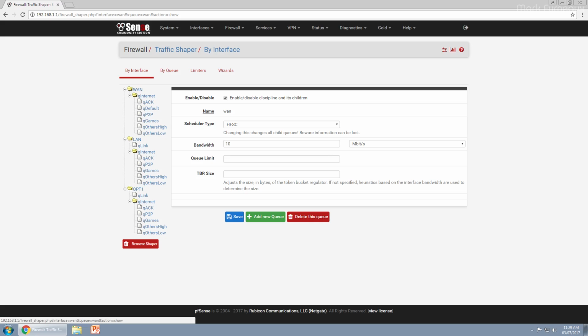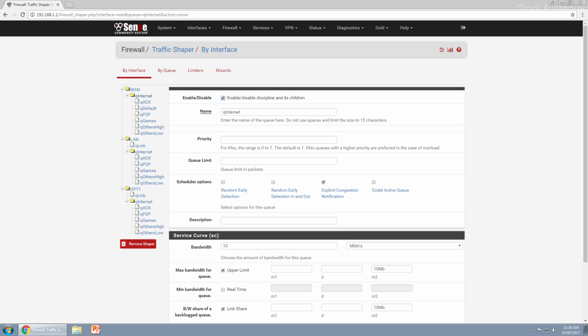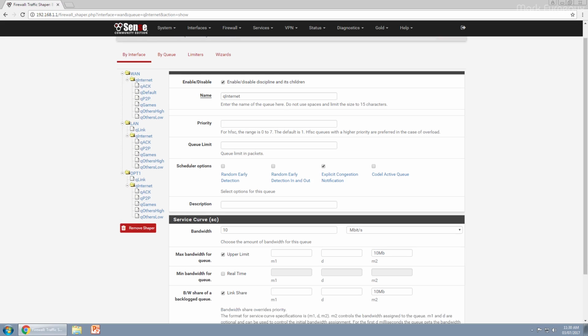Because this is HFSC, of course, we can have nested queues below the root queue. And so we have another queue called queue internet, which is below this, and then we have a bunch of queues which are also nested below that. So we have two levels in this nesting arrangement. Of course, we can enable and disable this queue, we can give it a name,